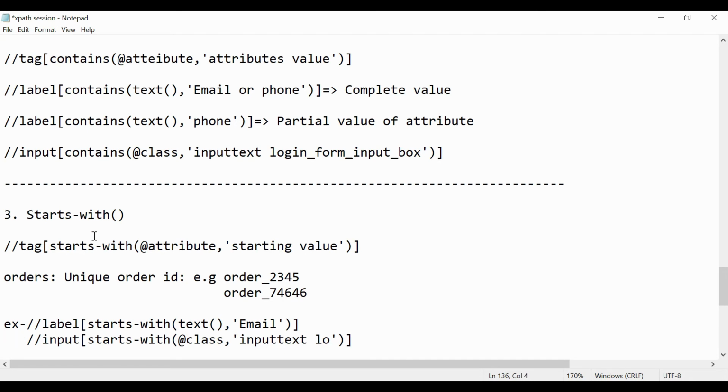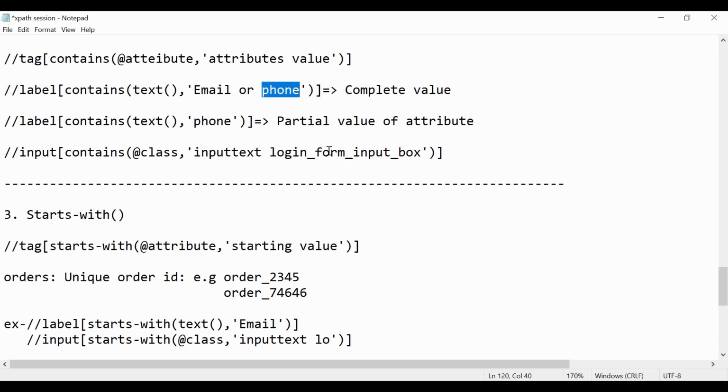Okay, so the only difference between contains and starts-with is that for contains you can provide any value, you can provide the beginning or this ending part also, but for starts-with you need to provide the starting value only. Okay, you cannot identify by providing this part.